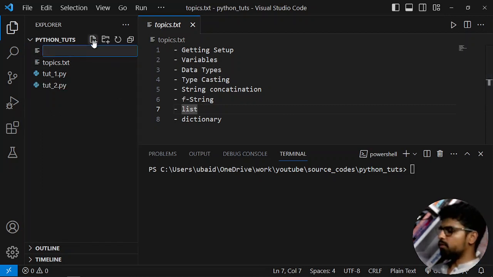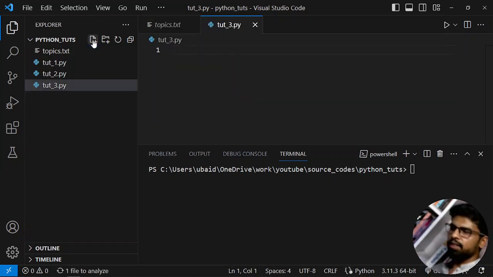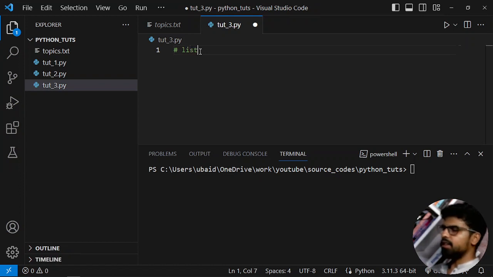Let me create a new file, tut3.py, and just quickly create a list. And list is, I think you already get the idea from the word what a list is. It is a collection of elements, right, in simple terms. So if I want to create a list, I can do that by saying my list